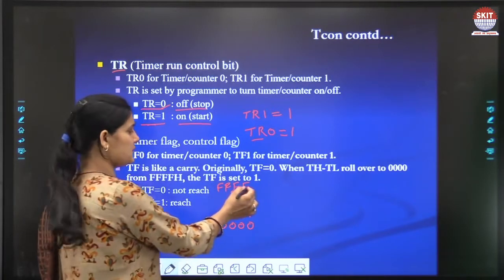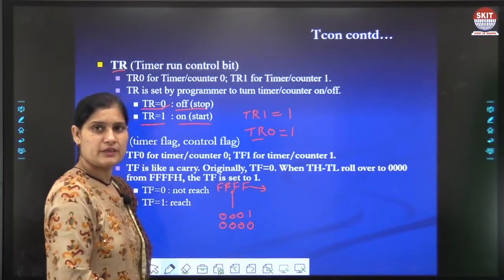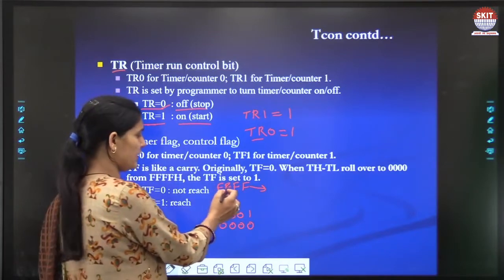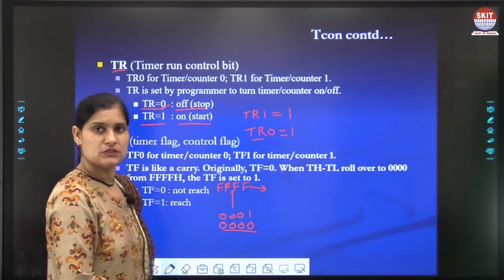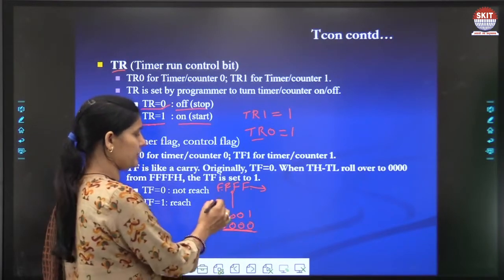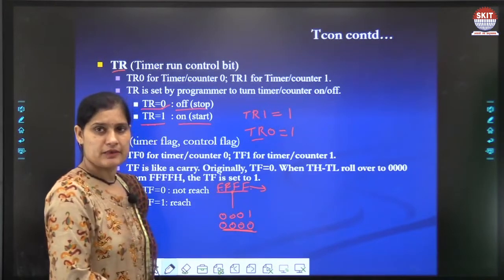This is the maximum value, and this is the minimum value, and both are 16-bit values, okay.